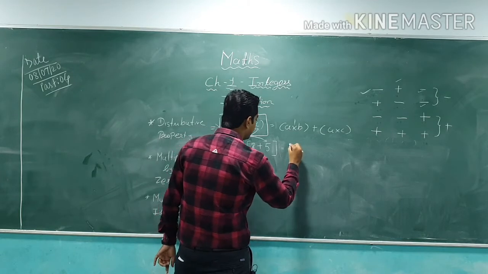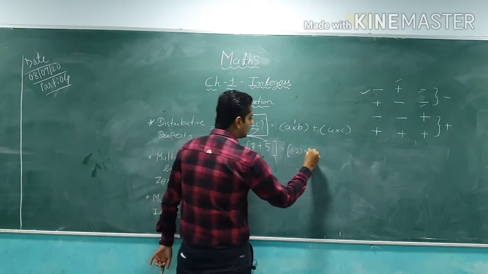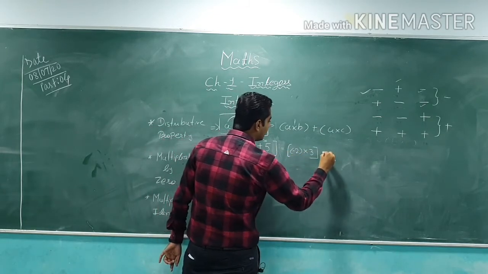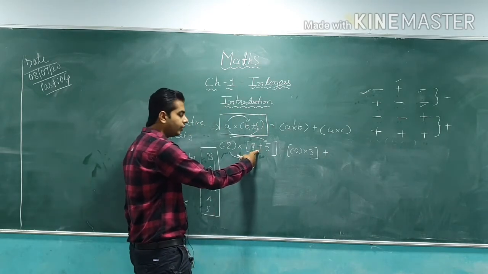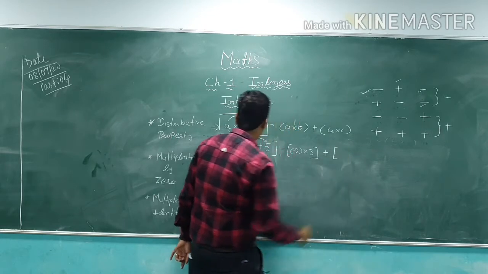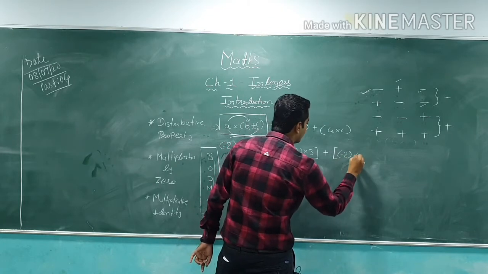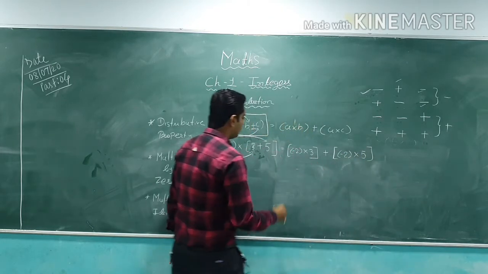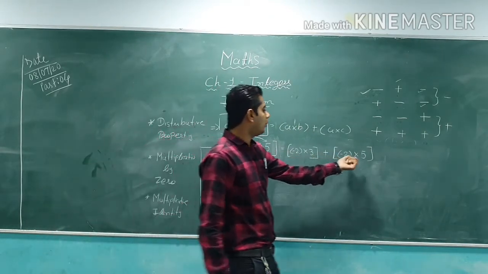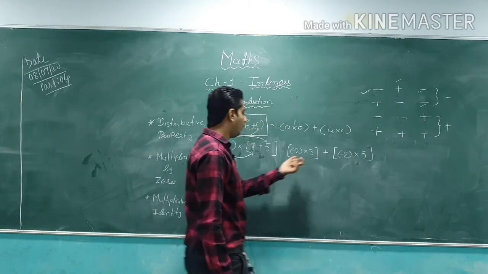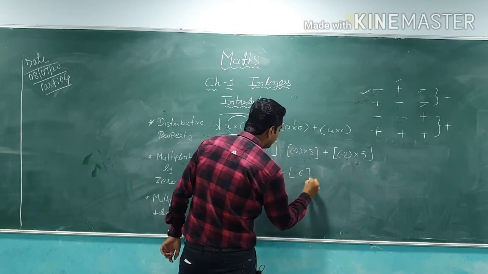So let's start this. In the bracket minus 2 multiply firstly with the 3, so 3, bracket close, sign plus. See, in between the terms the sign is positive, so I put plus, and now multiply minus 2 with the 5 in the second term, minus 2 multiply 5. Now what should I do here? Simple, first solve the bracket. What is inside the bracket? We have to solve that first. So 3 2s are 6, so in the bracket minus 6.